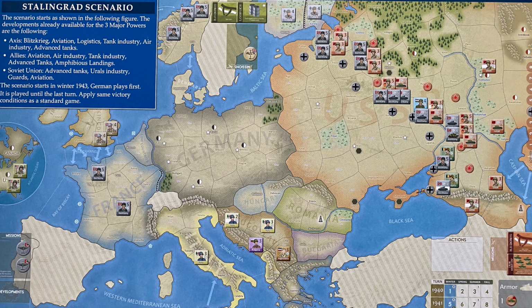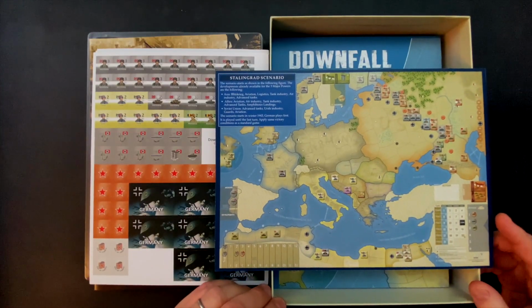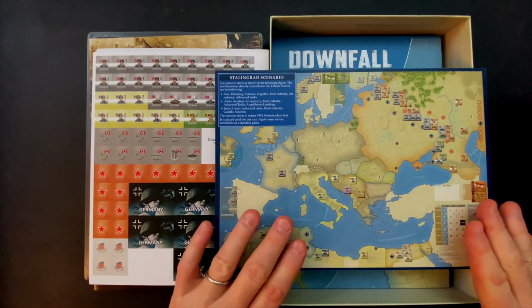It says start here and play to the end of the game, and you apply the same victory conditions as in the standard game. So if Germany surrenders before the last turn, Germany loses. If Germany surrenders on the last turn, it's a draw. And if Germany's still alive and kicking at the end of the game, Germany has broken the historical precedent and won the game. And that actually probably is a good time to mention too that I feel like